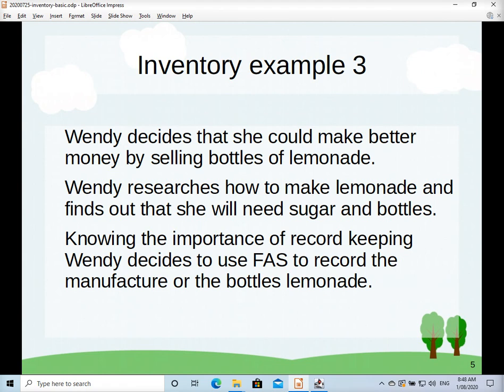I'm just making this video for the users of free accounting software to show you guys how to account for inventory in free accounting software. This is the third video in the series, and if you haven't seen the first two, you probably need to go and watch those ones. So in the first two videos,